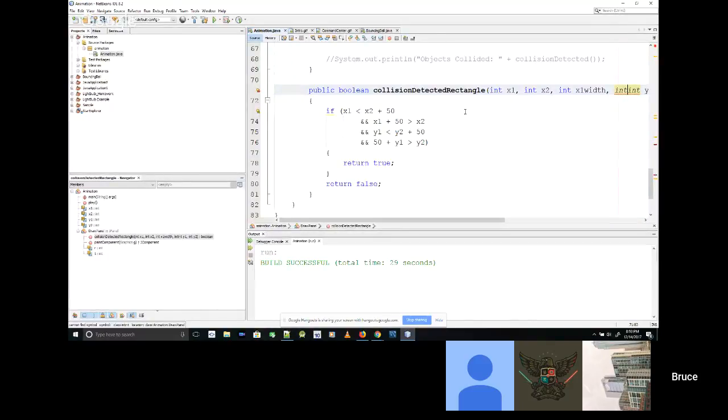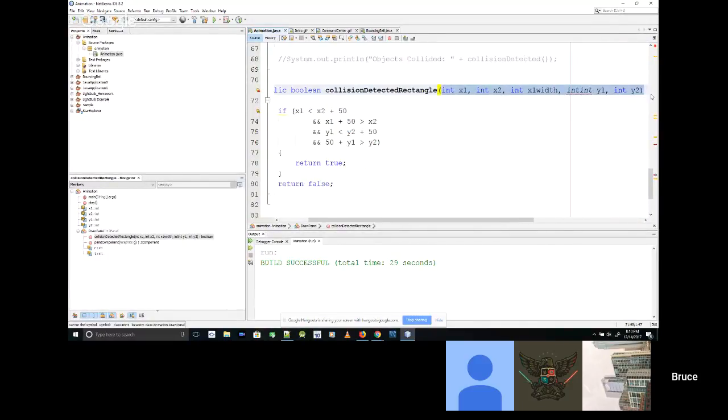So you get the point that now you could generically pass all these variables to it, because not all of your rectangles in every solution is going to be 50 wide. You know what I'm saying? It's quite a heavy assumption that your rectangle is always going to be 50. So if you make it more generic, where you could tell it dynamically your x and your y's of the two objects and their sizes of each, then it would be able to calculate the collision of two rectangles